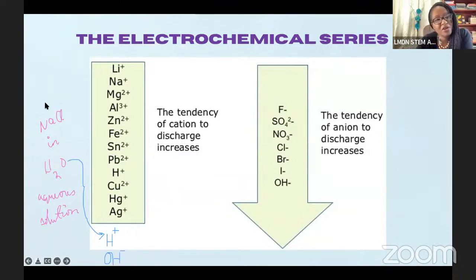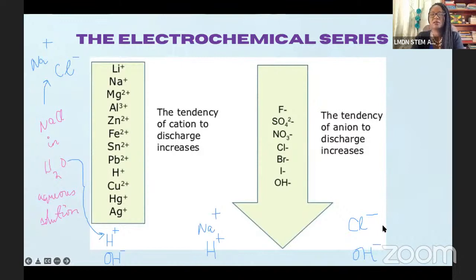And then from sodium chloride, we already established that the ions that make that up are the Na+, and the anion is the Cl-. So here's a competition now. The competition is from a cation standpoint: we're choosing between whether sodium is going to win or H+ is going to win. And from the anion standpoint, is it the chloride ion that's going to win out, or is the hydroxide ion going to win out from the water, right?